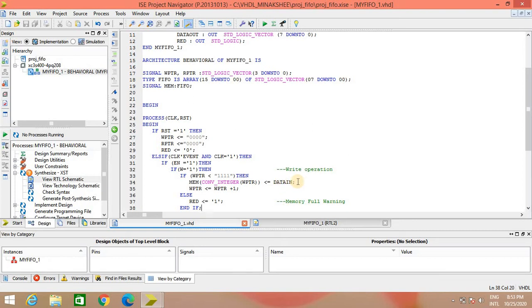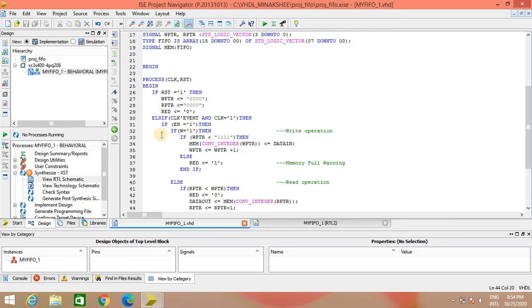After performing the write operation, we will increment the pointer by 1, and else, that is if WPTR is not less than 111, then we will give a warning, and that warning is memory full warning.